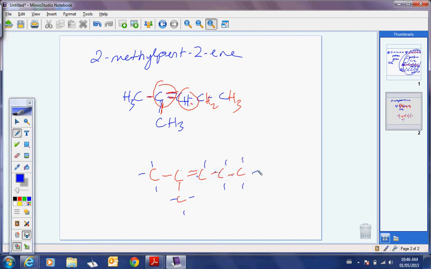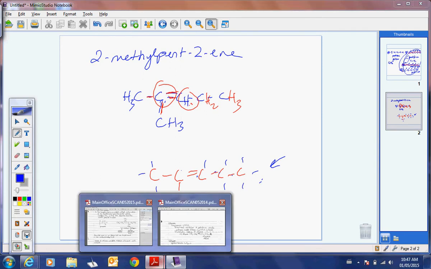So the fallback plan that I tell students is always draw all those sticks out. That's called a displayed formula, right? So always draw the displayed formula if you think you're going to get tripped up by not putting hydrogens here. Students that get tripped up putting no hydrogens there just do it too fast. If that's your personality, to just whip through the end bit, you'll want to put sticks. Then you don't make a mistake. Okay? All right, so back to the sheet then.